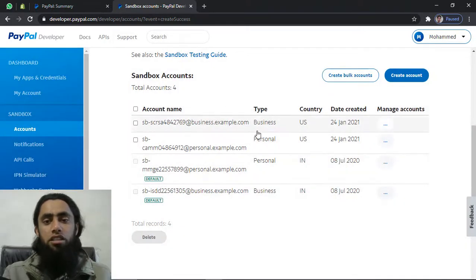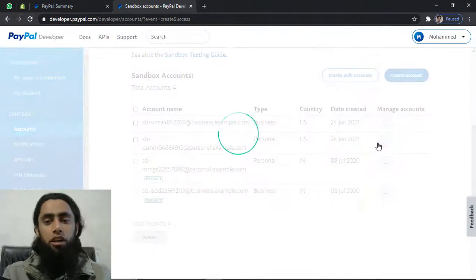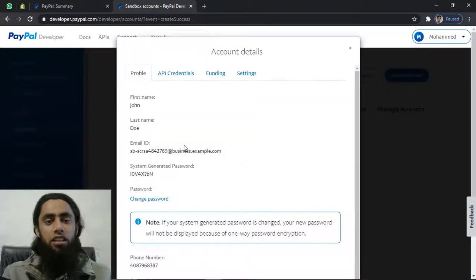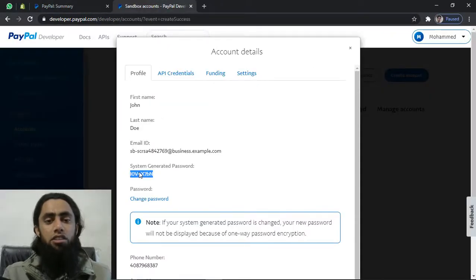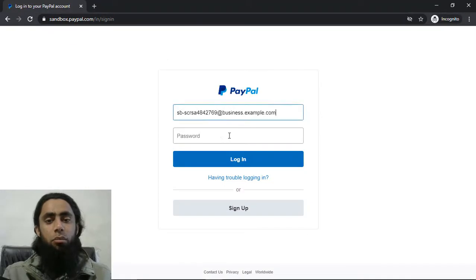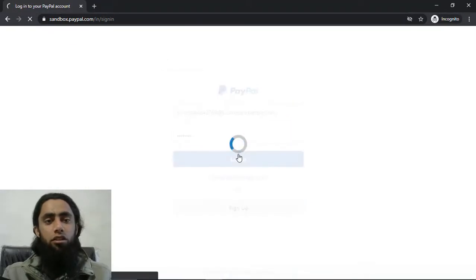All right, so let's log into the business account first. So you should click on view edit account, and you will get these credentials, which are the email ID, for example. So I have just copied this email ID and pasted it over here. Then we have the system generated password, copy and paste it over here, and then click on login.